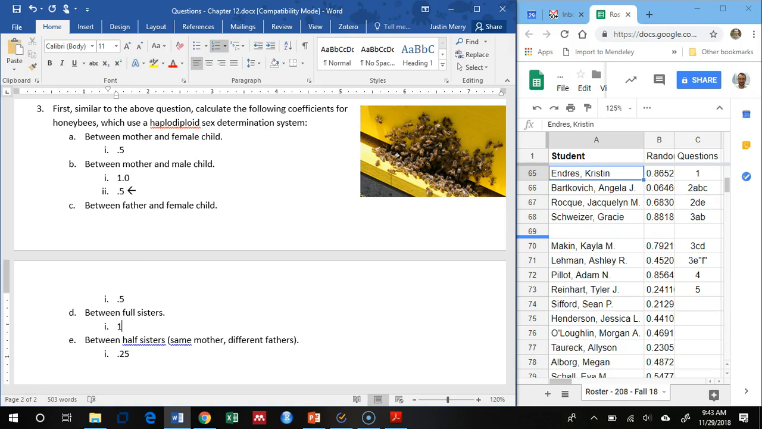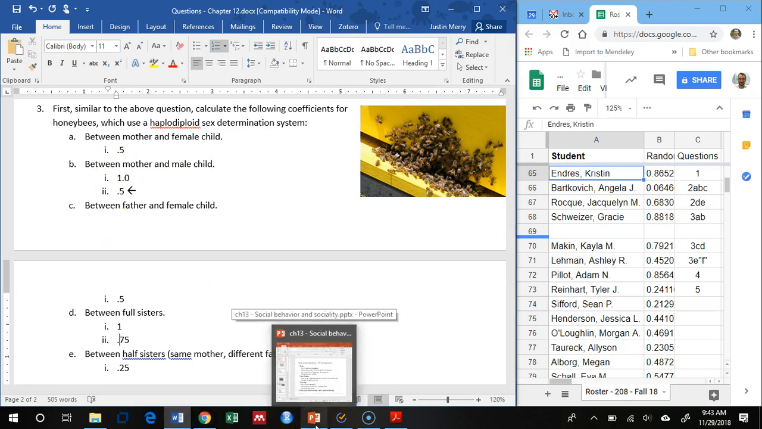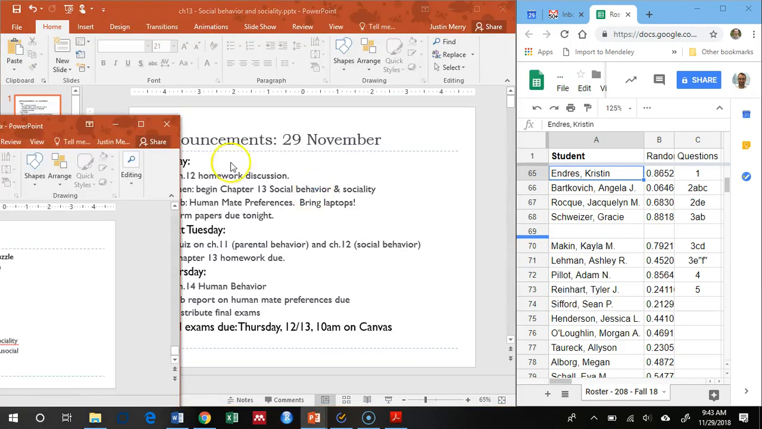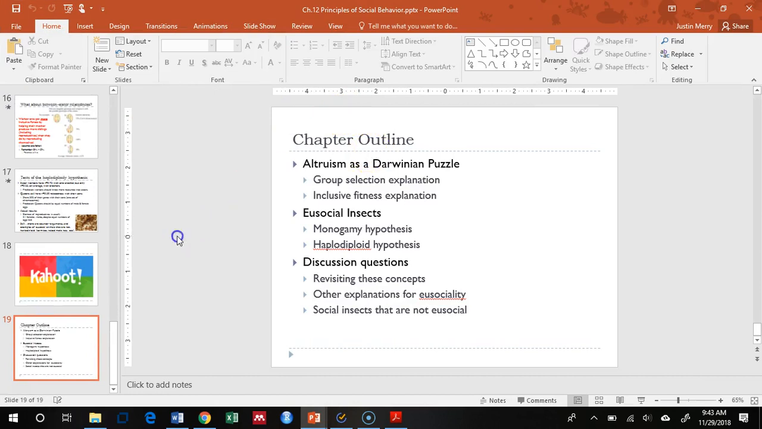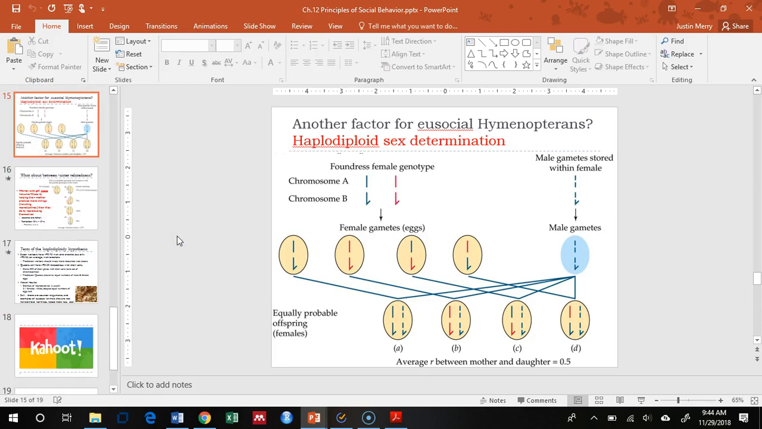Yeah? Seeing some nods. I think it is 0.75. The reason, and again, I asked you to do this before we had a chance to do it in lecture. But the reason is, it's not 100%, because when you're looking at a female offspring compared to a sister,